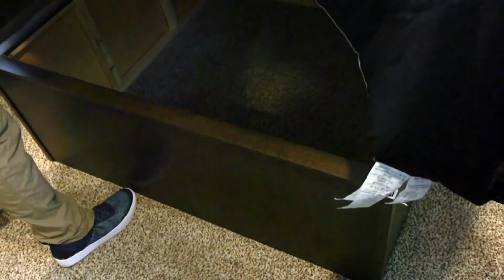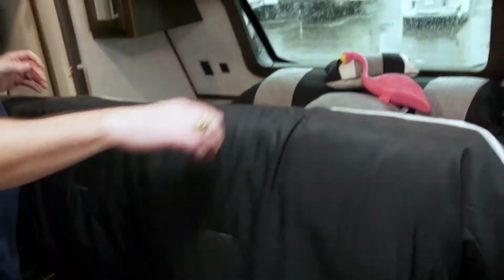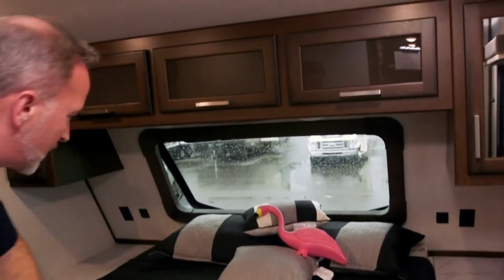Sorry, Kev. There we go. Look at that. Now that's a spot for your golf bags. If you can see, even goes all the way up underneath the bed. So if you had, you know, maybe that custom set of Mizunos, you wanted to slide those up in there,